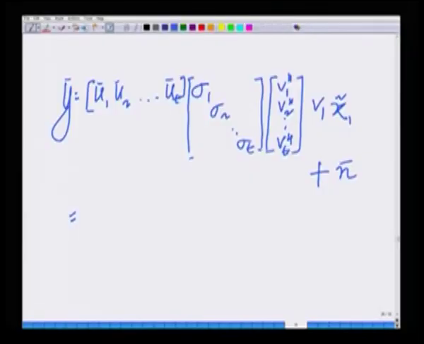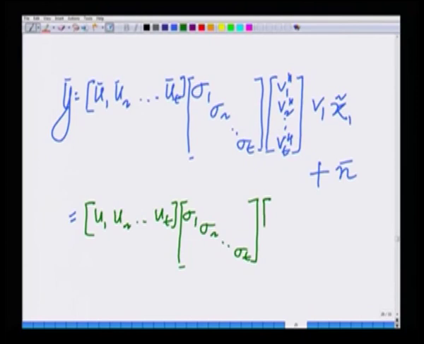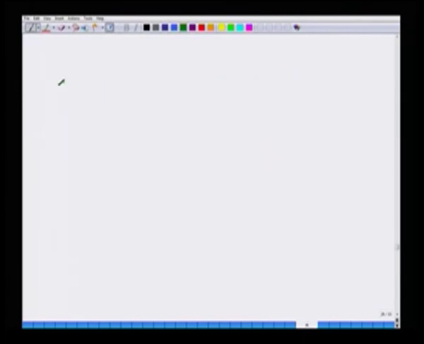So, now I can write this as U1, U2, up to Ut into sigma 1, sigma 2, up to sigma t into, now this vector is V1 Hermitian V1 which is 1, V2 Hermitian V1 which is 0, so on, zeros, plus n bar. Now you can see this vector of 1 0 0 times this diagonal matrix sigma 1, sigma 2 up to sigma t simply picks this diagonal value sigma 1, hence this can be represented as u1 u2 up to ut